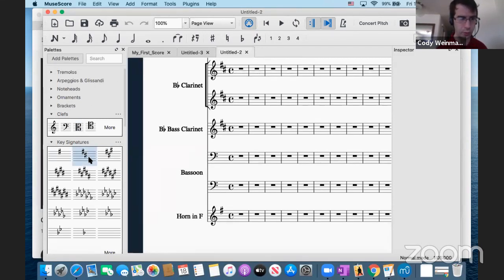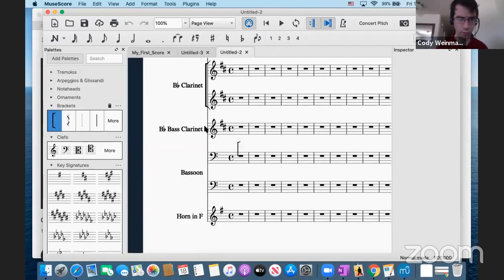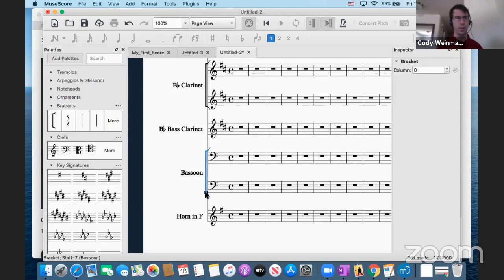So let's do this, brackets. This is what we want. Bassoon, double click. And the following, or the last one,